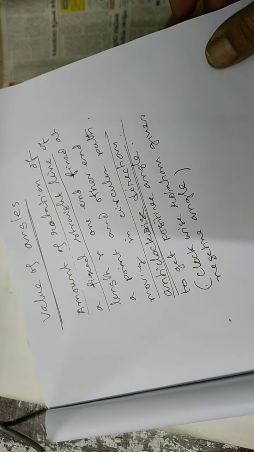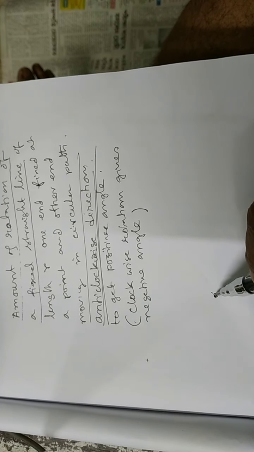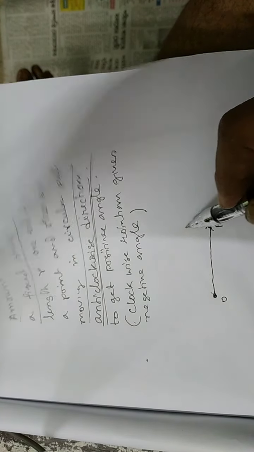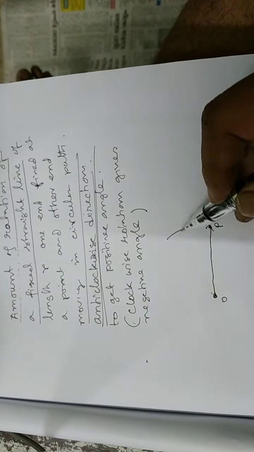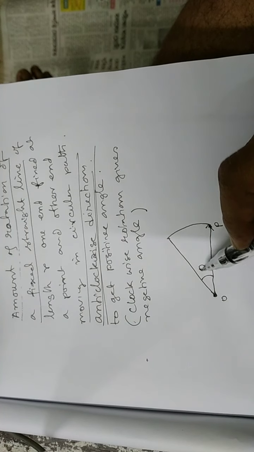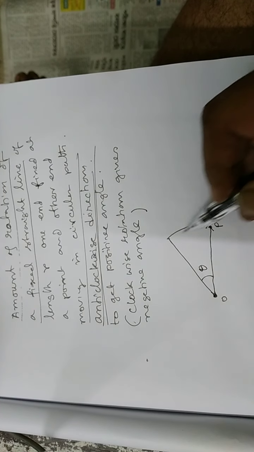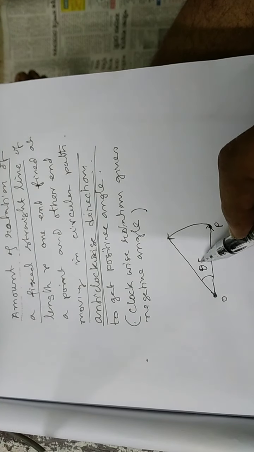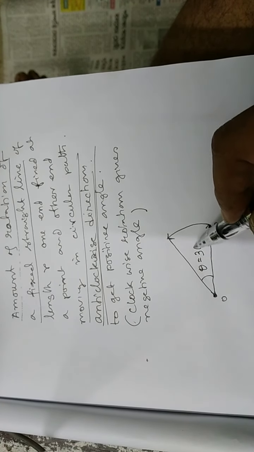Angle may be positive, may be negative, but in general we always say that if this is a fixed straight line OP and it rotates about a circular path, say angle theta, then we can say this is, suppose theta equal to,